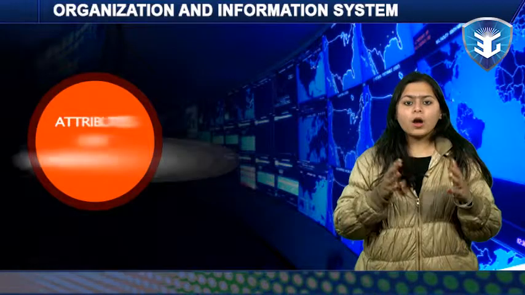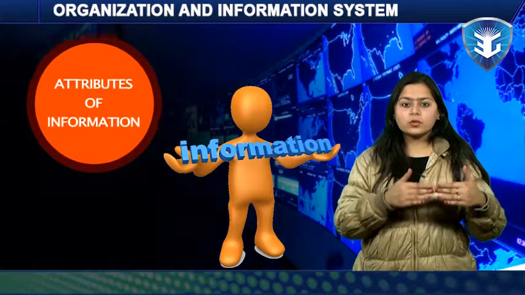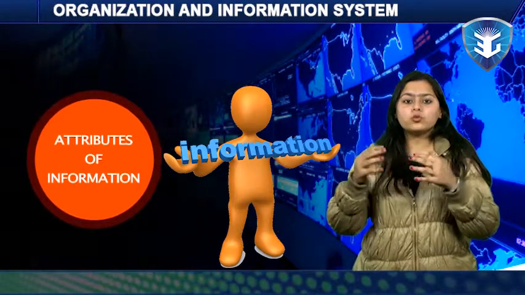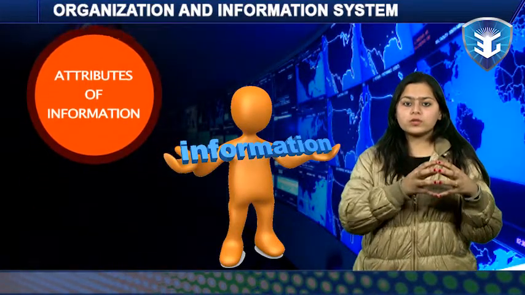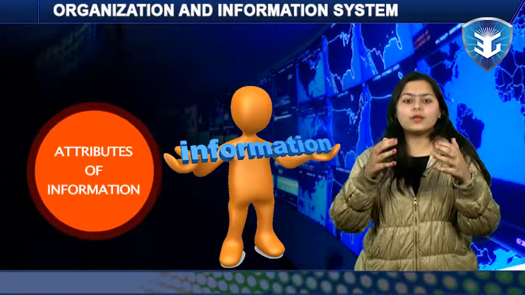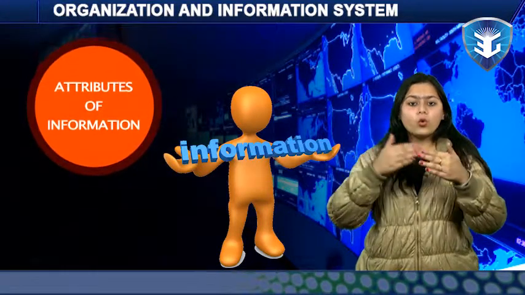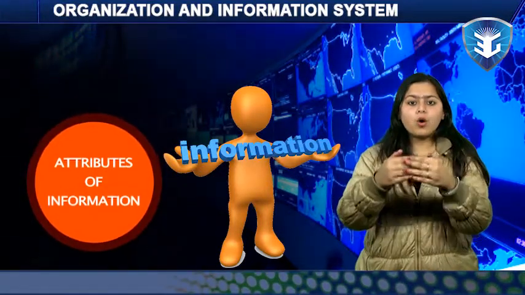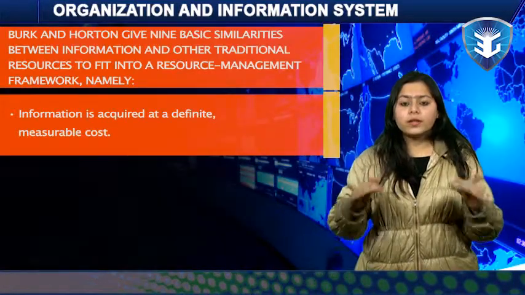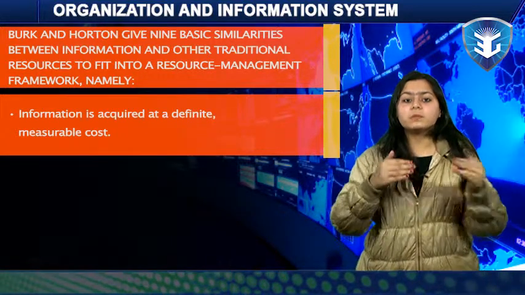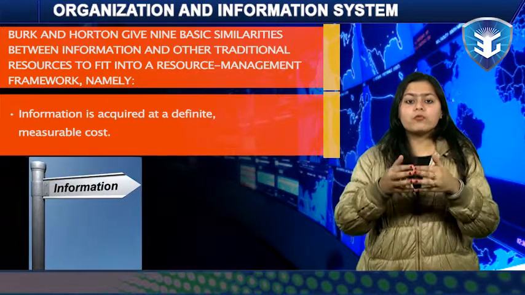Attributes of information. While investigating the validity of information as a resource, the natural approach would be to compare attributes of information with those of other resources in order to find some commonality. A comparison of this nature necessitates a closer look at the attributes of the different resources. To this end, Burke and Houghton give 9 basic similarities between information and other traditional resources to fit into a resource management framework, namely,